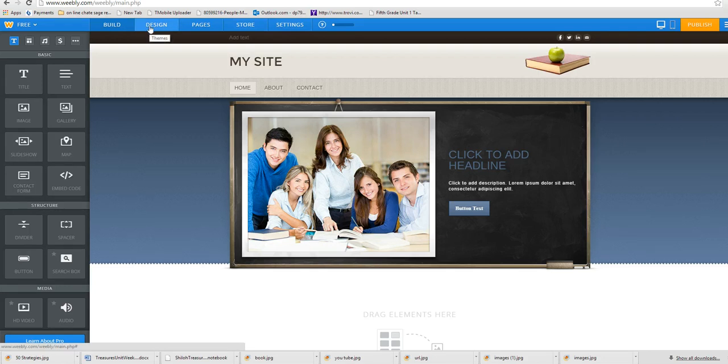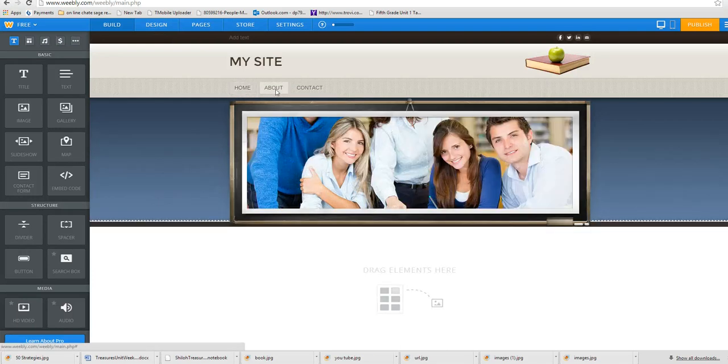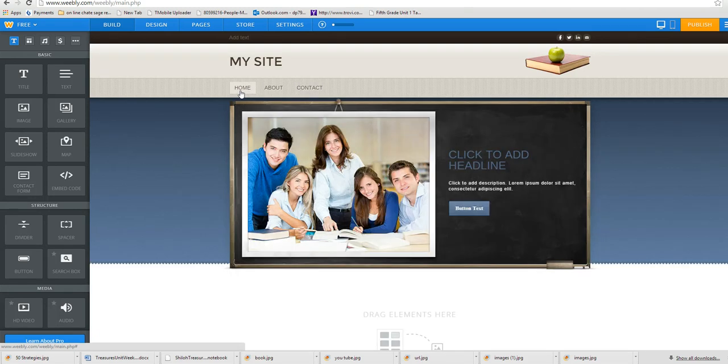There are many pages you can add to this page here. Starting with Home would be your first page. You can add more for About, so you can actually design a second page. You can also have a contact page. You can add other pages too, but in this assignment, we are only going to focus on